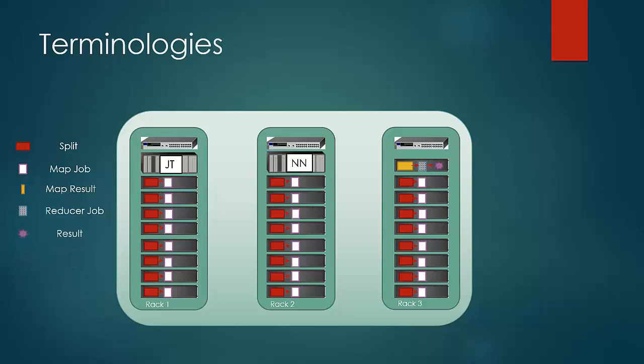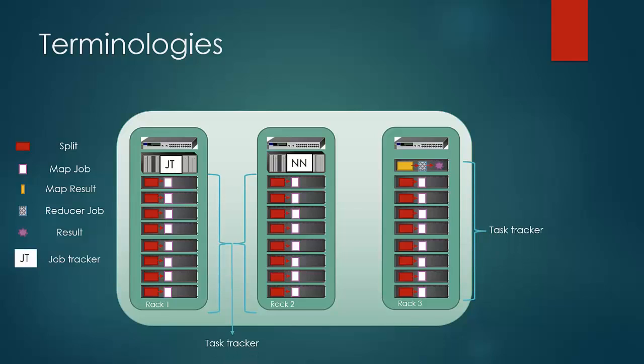The whole job execution is controlled by two nodes, job tracker and task tracker. You can draw a parallel between name node in HDFS and job tracker in MapReduce. Corresponding to data nodes, there would be task trackers in the MapReduce world. Like the data nodes used to store the data, task trackers run on each data node, facilitating running of map tasks and reduce tasks. Job tracker's job is to manage scheduling tasks to be run on task trackers, and it is the task tracker's duty to run map and reduce jobs and send progress to the job tracker.